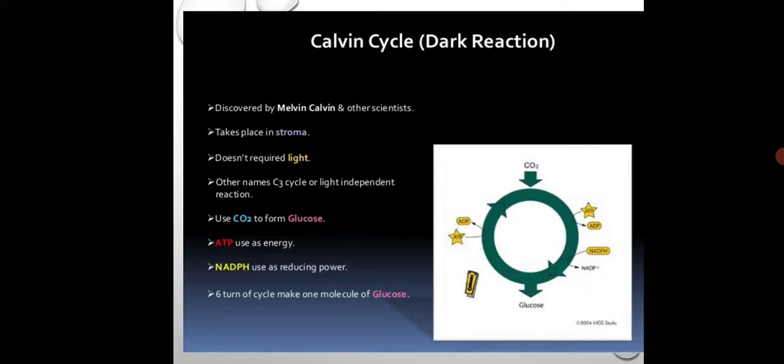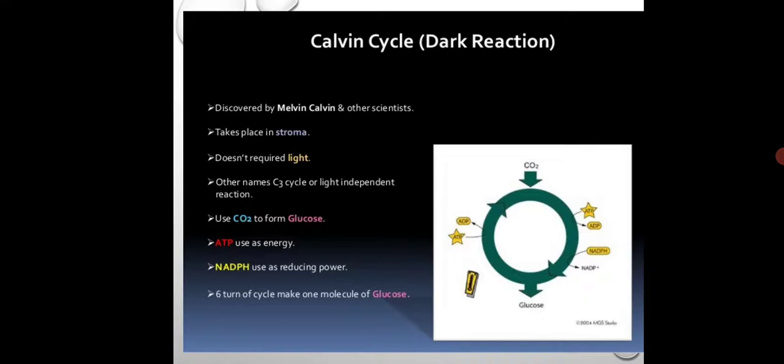Why C3 cycle? Because the first stable product which is formed contains a 3 carbon compound, hence it is known as the C3 cycle. It uses carbon dioxide to form glucose. तो ये atmospheric carbon dioxide use करता है, and then that carbon dioxide is converted into glucose. How this carbon dioxide is converted into glucose, what are the intermediate reactions, that we are going to see in the Calvin cycle. Here ATP is used as an energy source, NADPH is used as a reducing power,